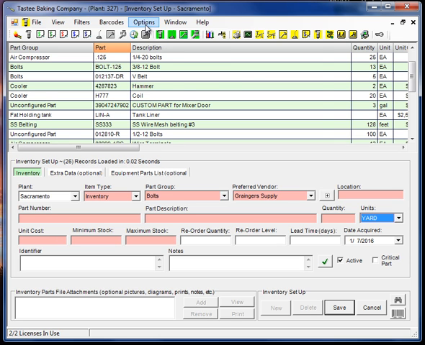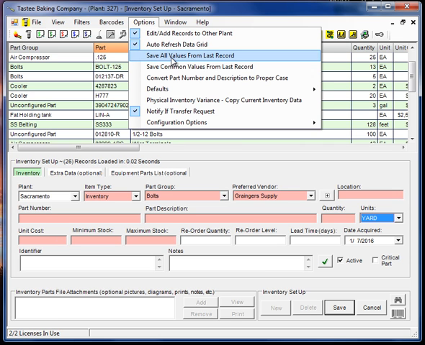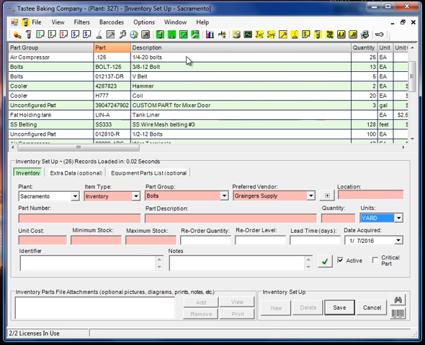Okay, another option, we can set one of these: save all values from last record or save common values. Now the common values will be, I think, location and vendor and a couple like that. And all values, I don't think it actually saves every single value, but it saves most of them. So if I click New, notice whatever the last record was that I saved, it put it back in here. So if I have maybe some 1/4 inch bolts I want to create now, okay,